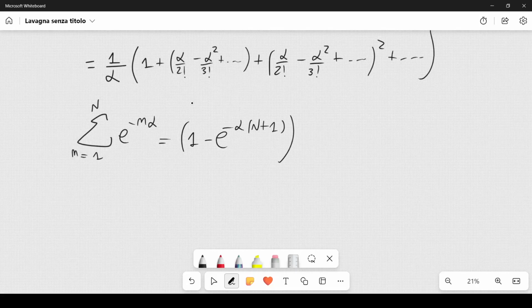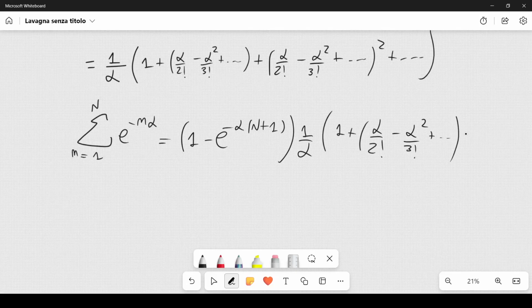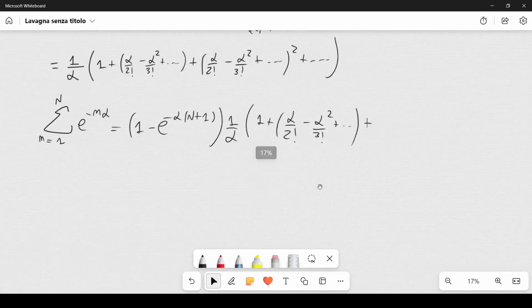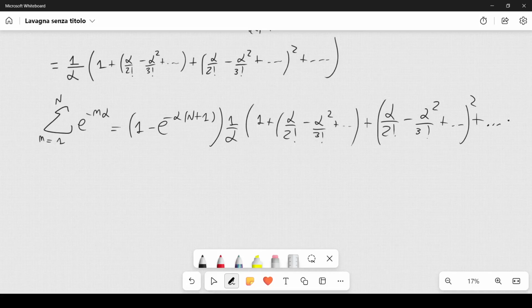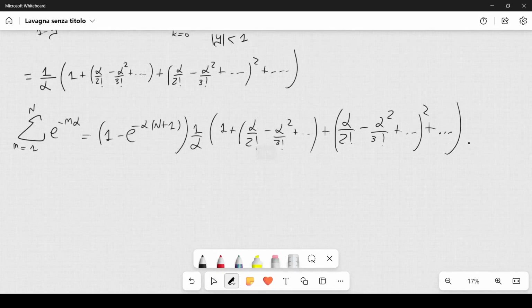This multiplies that denominator that we have expanded like this. So we have 1 over alpha, 1 plus alpha over 2 factorial minus alpha squared over 3 factorial plus dot dot dot, and then you have plus alpha over 2 factorial minus alpha squared over 3 factorial plus dot dot dot squared plus dot dot dot. And then finally, remember that we also have to subtract